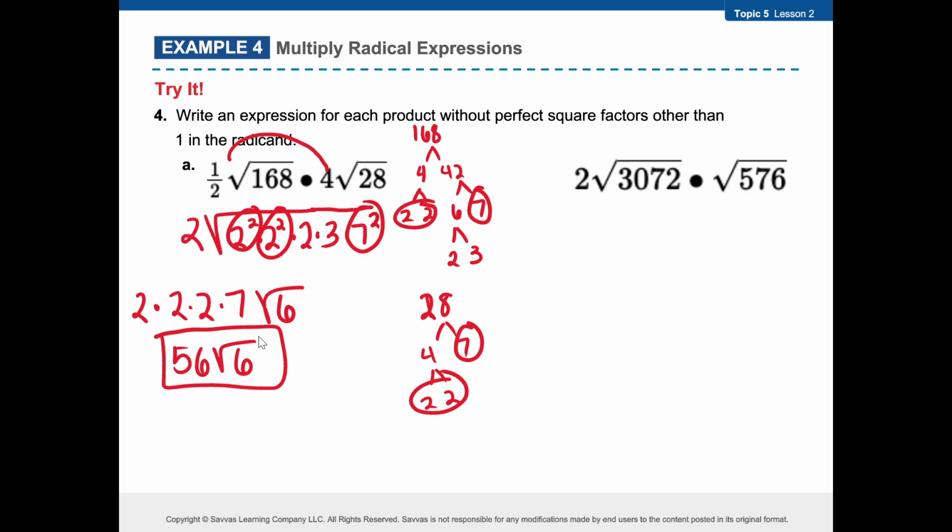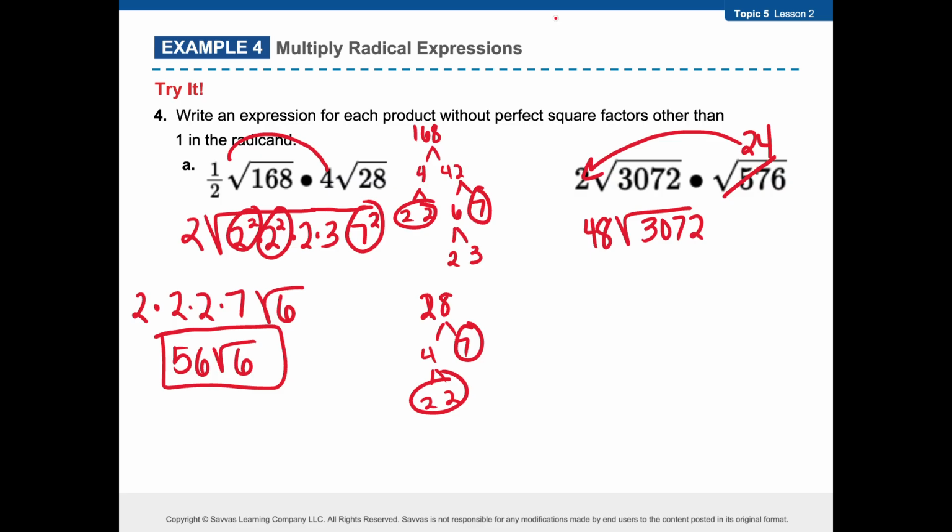Now, the second one, if you ever have big numbers, go ahead and double check to see if maybe they're perfect squares. The first one is not, but if I do 576 and I square root it, that is a perfect square of 24. So now that's a whole number. I can multiply that with that whole number. So that makes it 48 radical